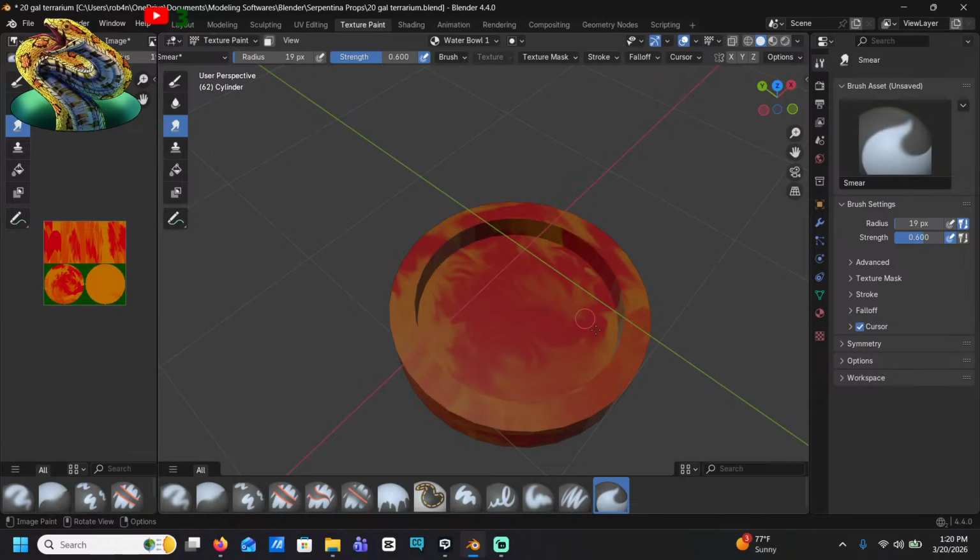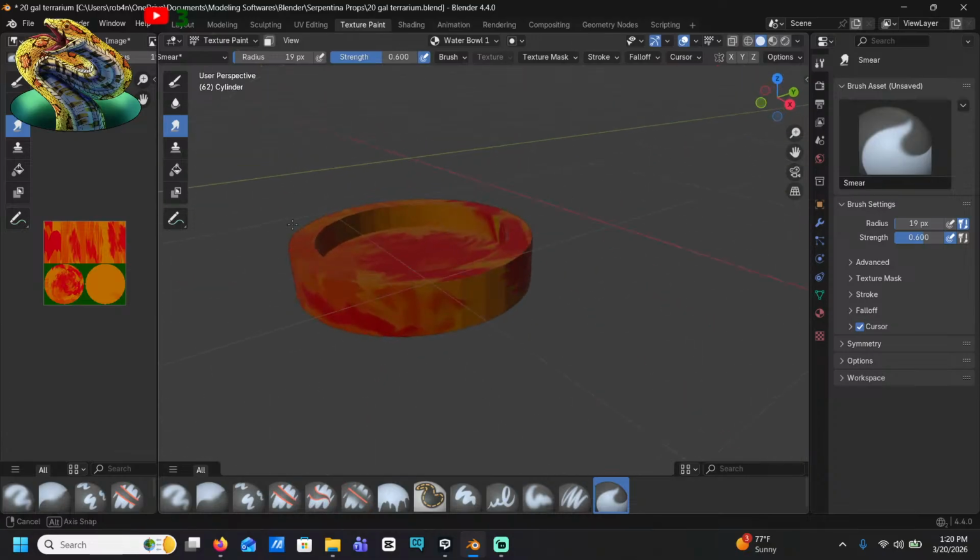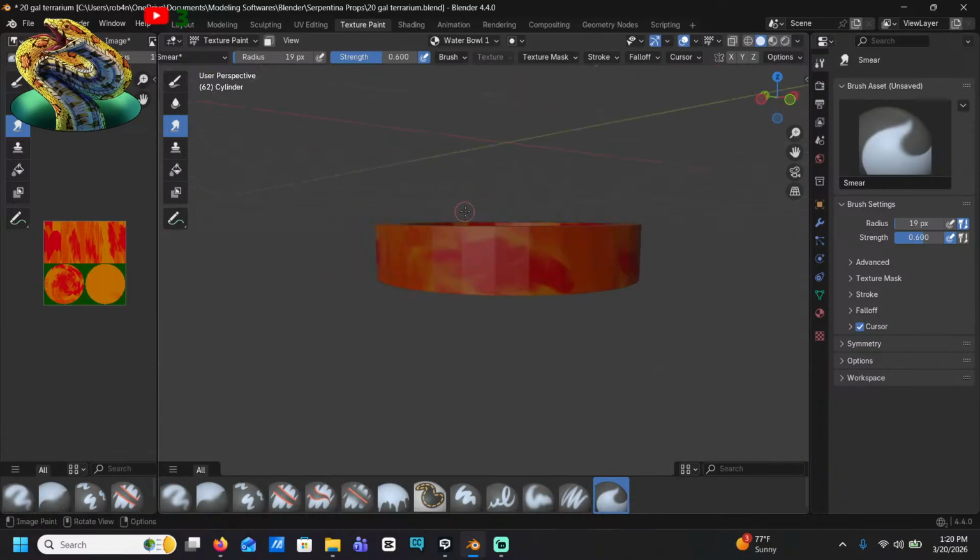I think once I texture this with the clay, I'm gonna call this stream, okay? I have stuff I gotta do before I go to work today. I missed an entire section of red.